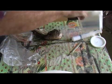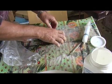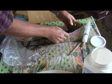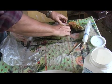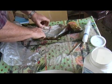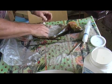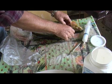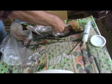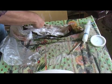And the first thing I'm going to do is to coat the whole thing in the borax powder inside, which will preserve it and help dry it out as well. Don't want it too dry, as I say. But there, a bit of rough and ready skinning, but that's what was required. So plenty of the borax powder all over inside